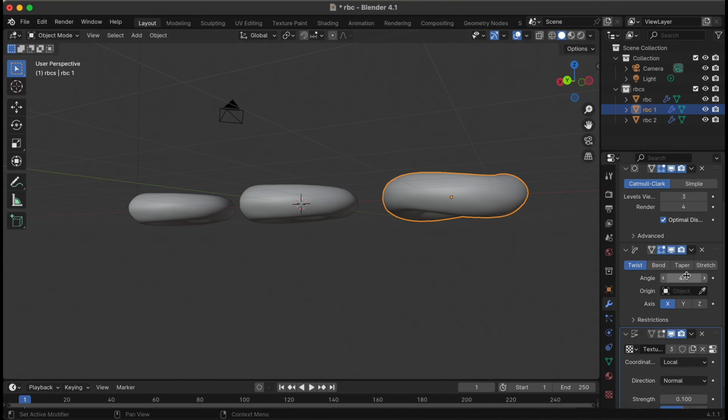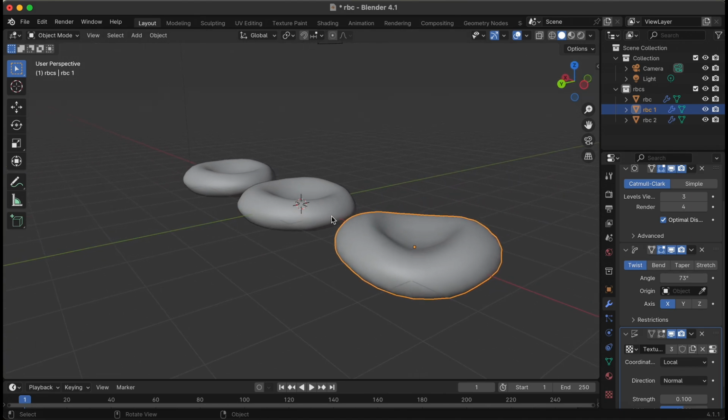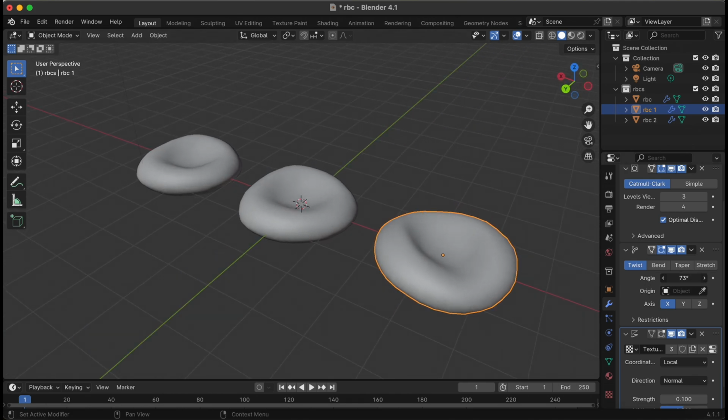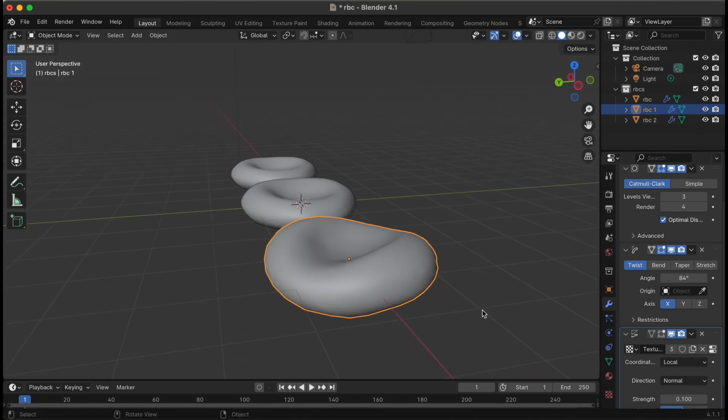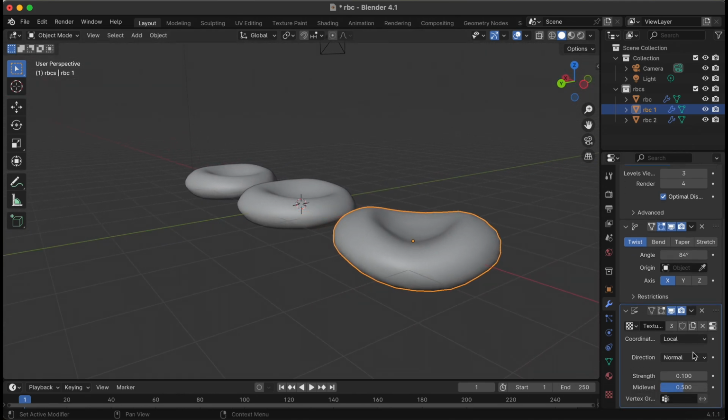See how that looks? We can actually increase that a little bit. Great, looks pretty good.